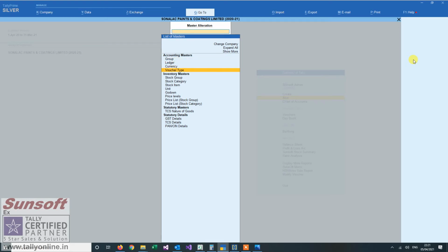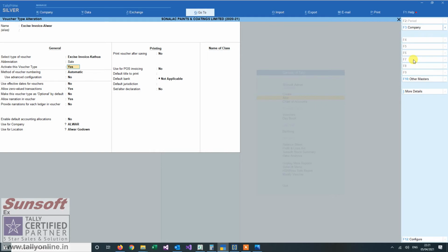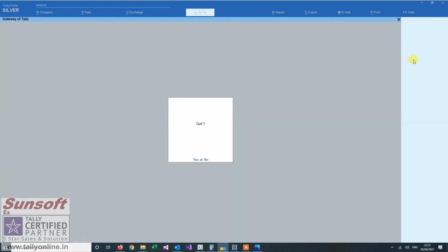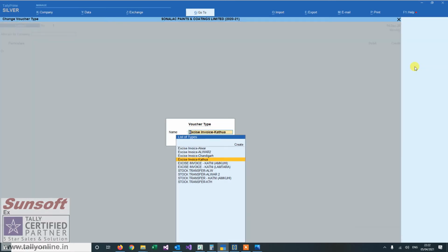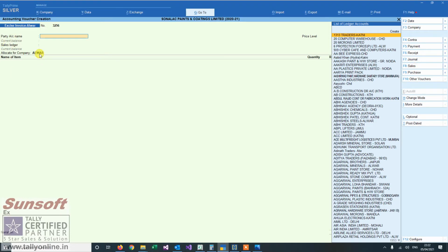In that case, in the voucher type itself, I can define for which company or which branch this voucher type is being used, and what the default godown for this voucher type is. Now, when you are invoicing or using this voucher type, the name of the allocation company or the name of the branch automatically appears here, and you are not asked to select it.